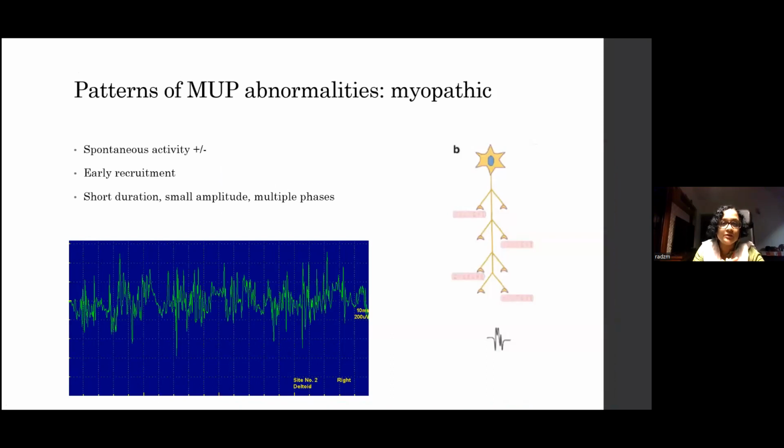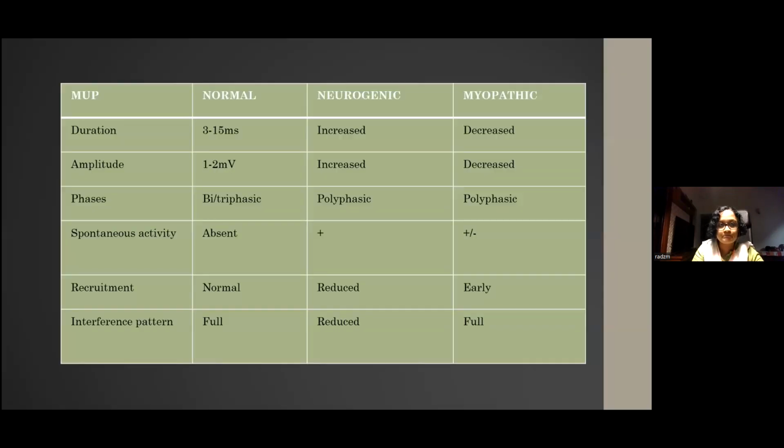So in myopathy, you can have spontaneous activity like fibrillations and positive sharp waves if it is a dystrophic process, or if there is active inflammation like a polymyositis. You'll see early recruitment, short duration, small amplitude, and polyphasic motor units. So just to quickly sum up on these,